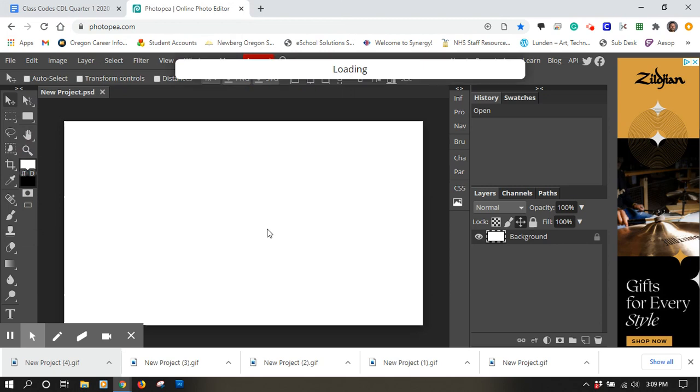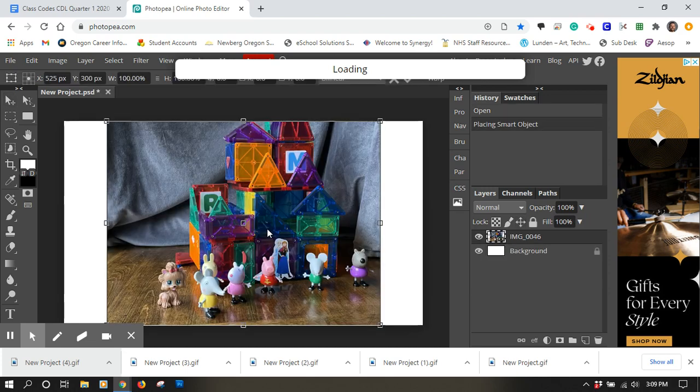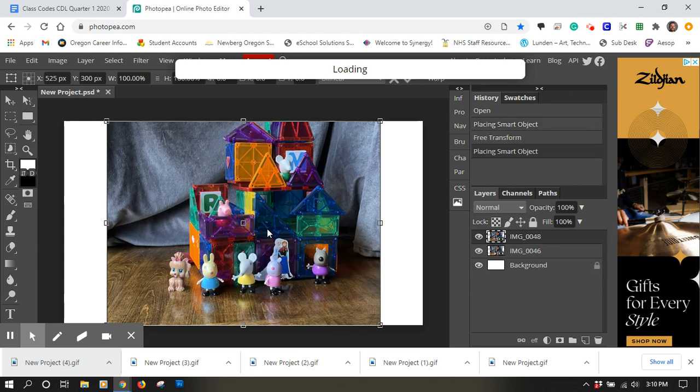And it's going to start to load each image in, and each image is going to be on its own layer. And this is going to take a little bit. When I did it before with all the images, it took maybe 2 or 3 minutes. Not too bad. And they're going to come in